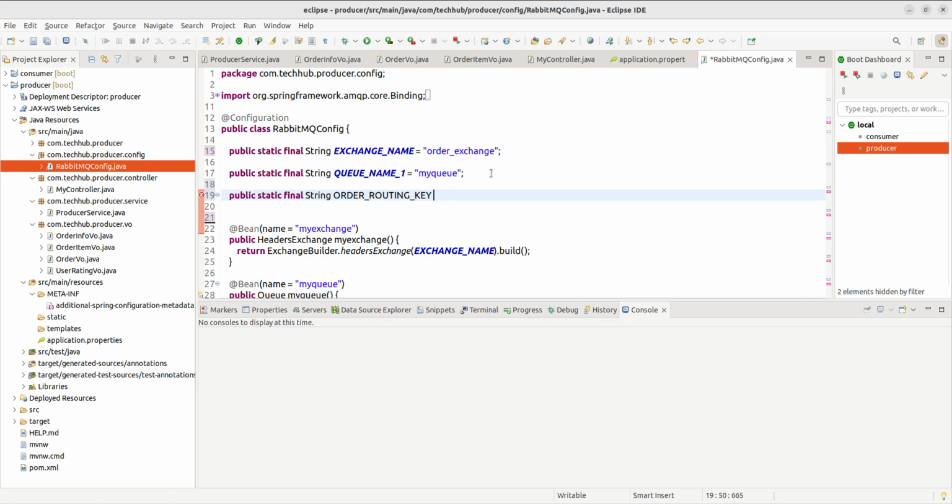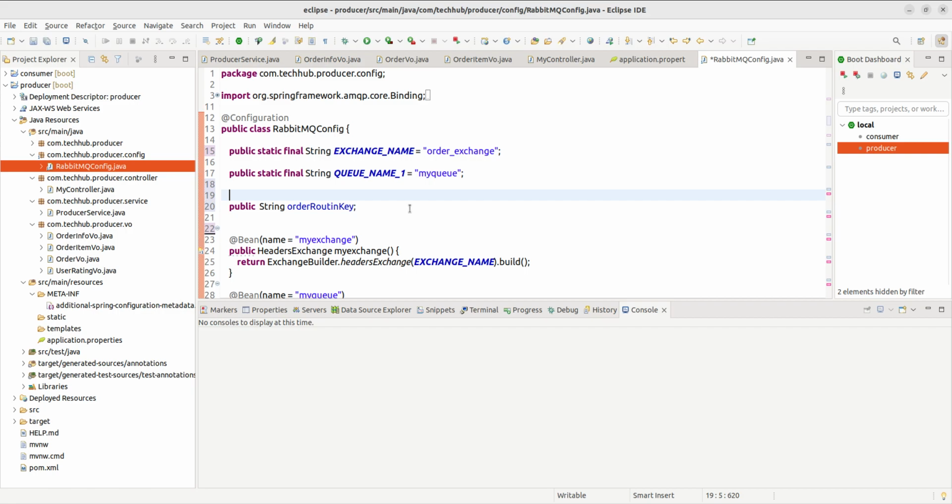But generally what should happen, this should not be done like this in this case, because the configuration we are adding in our application.property file, this should not be final, this should not be static. Public String order routing key, simply mark with @Value